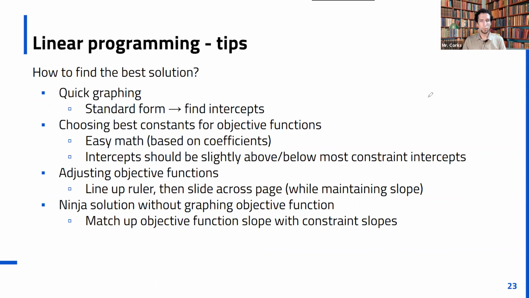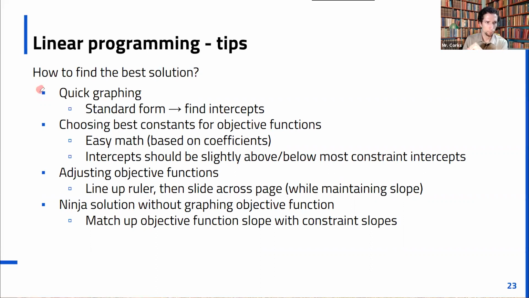But still, lots of students still have some confusion about it. So if that's you, my tips here: quick graphing, keep it in standard form, find the 2 intercepts the way that we've been doing. That's just really quick, especially when you're doing the objective functions. You can just really easily pick a new constant, try it out, see if it's too big,